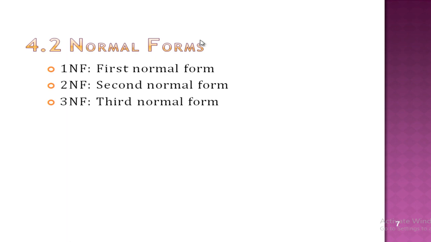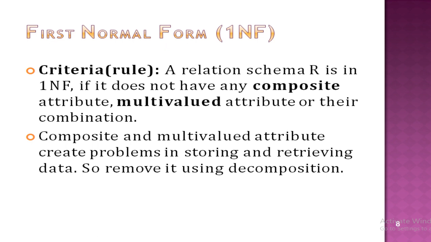These are the normal forms, guys. These are the types of normal form we have already discussed: first normal form, then second normal form, then third normal form, fourth normal form, and fifth normal form. These exist, and BCNF, Boyce-Codd normal form. So in total there are 6 types of normal form, but we have to consider only the first, second and third normal form.